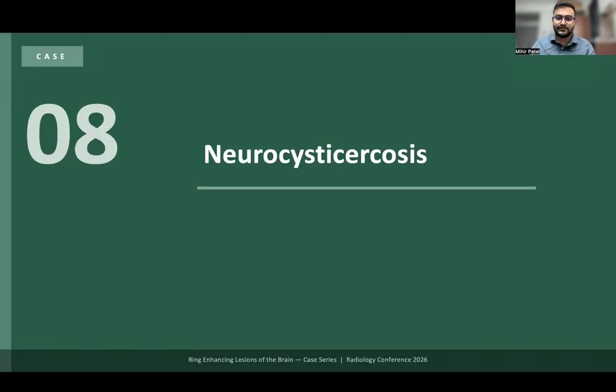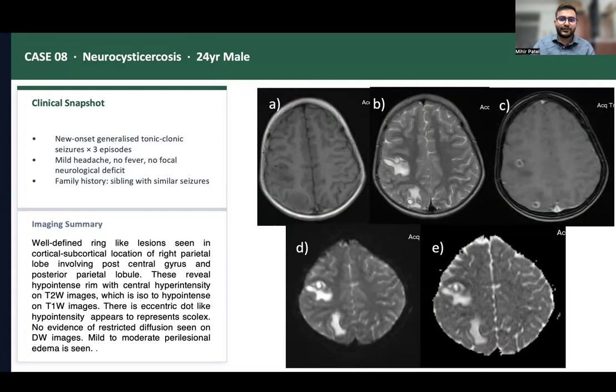Eighth case, neurocysticercosis. A 24-year-old male patient presented with generalized tonic-clonic seizures and had 3 episodes. There was mild headache, no fever, no focal neurological deficit, and the patient had a family history with a sibling with similar seizures. Well-defined ring-like lesions were seen in cortical subcortical location of the right parietal lobe